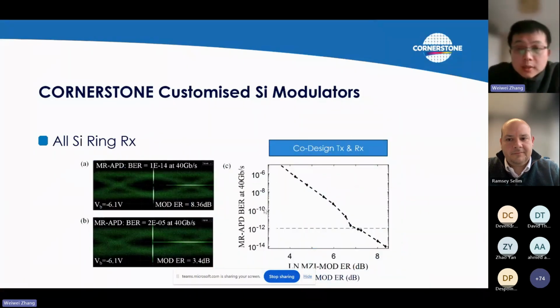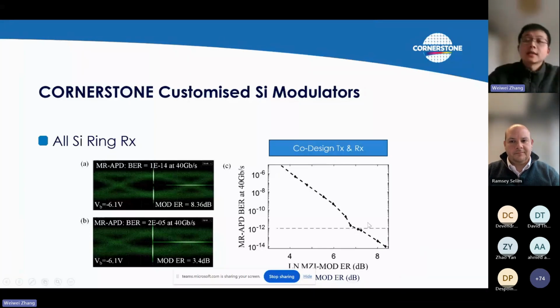So here I show the co-design performance of a ring modulator and detectors. Why I call it co-design is because when we do co-design, we can enable the C-band ring modulator to provide an ER of more than 7 dB, right? We can even provide up to 8 to 10 dB. So when you provide a much better, larger ER modulated signal while you still keep the received OMA the same,